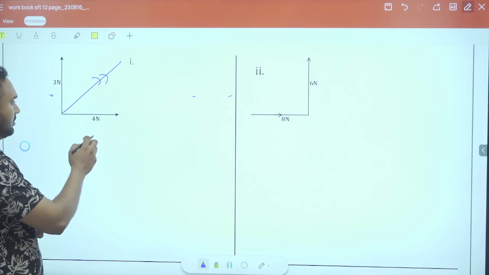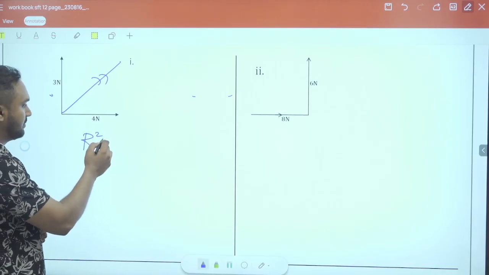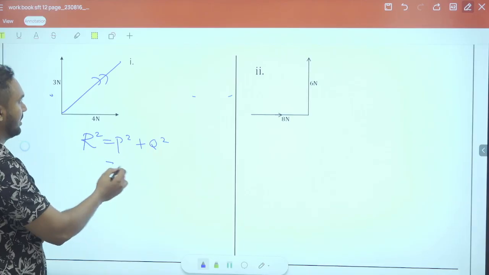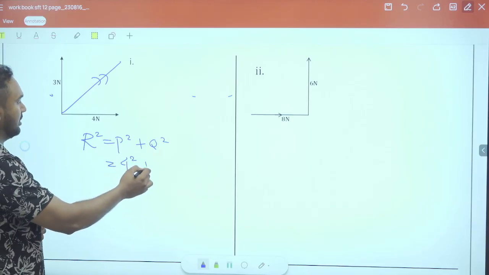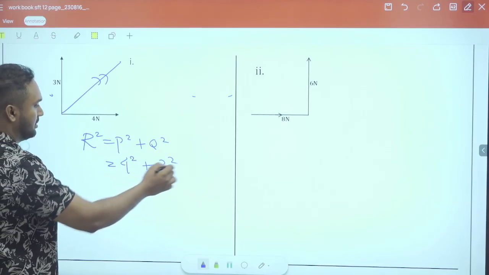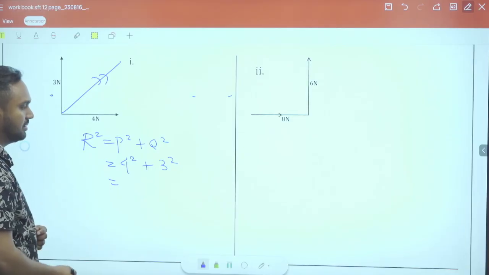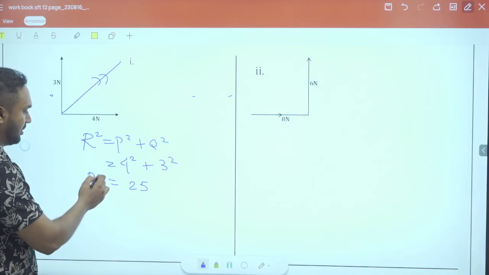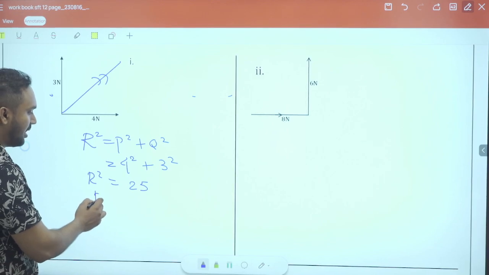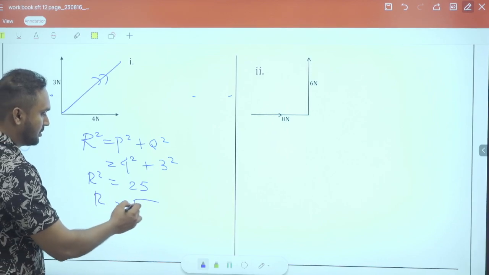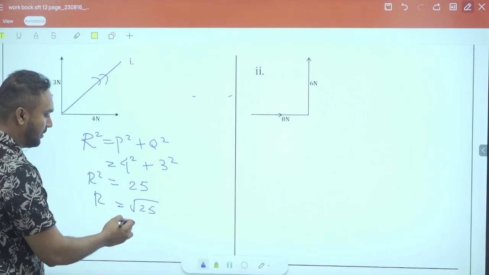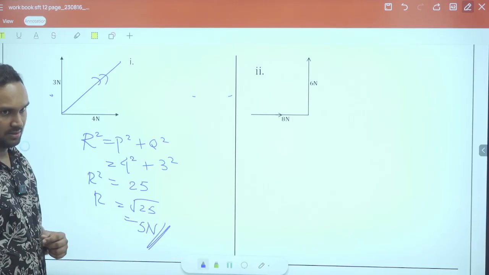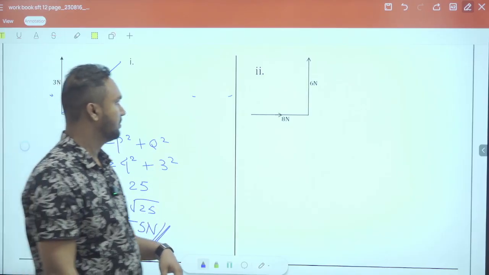And to find the resultant force, we use R square equals P square plus Q square. So P square is 4 square, this is 3 square, 16 plus 9 is 25, so R square is 25, R is square root of 25, which is 5 newtons, right? Now this is the answer for this. And when we come to this one,